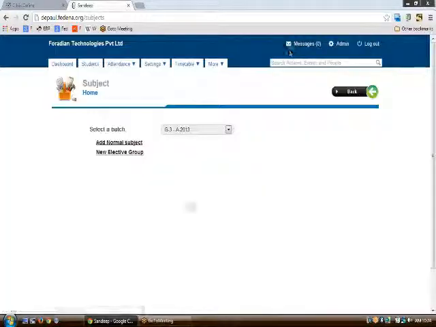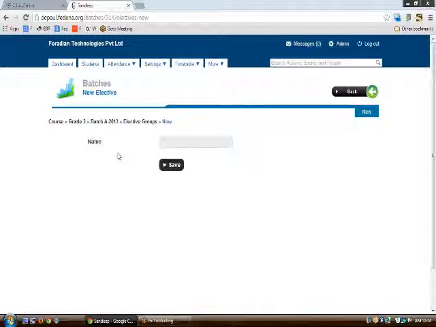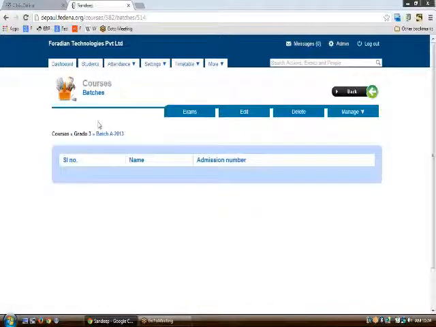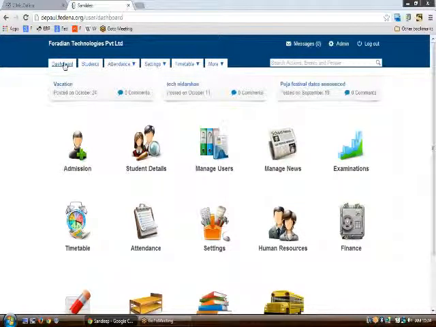And if it's an elective subject, first of all you need to create an elective group here. Once the elective group has been created, you can start adding subjects into it. Moreover, once the subjects have been created from the elective group, you will be able to assign students into those particular subjects. This was all about the settings part.